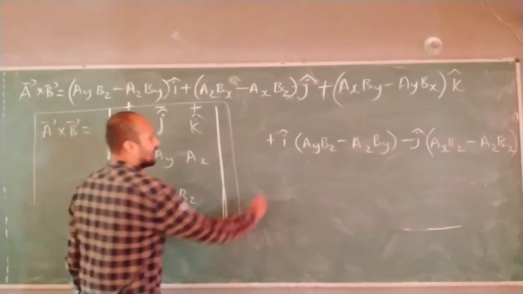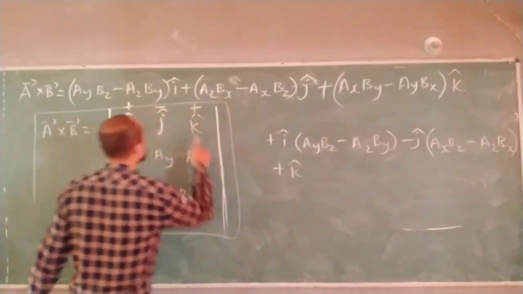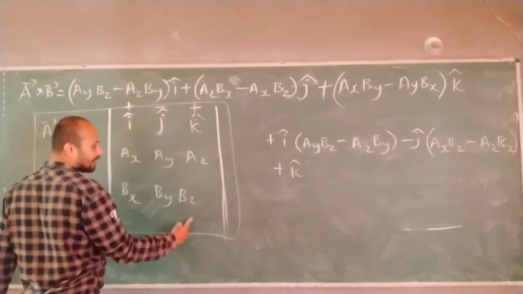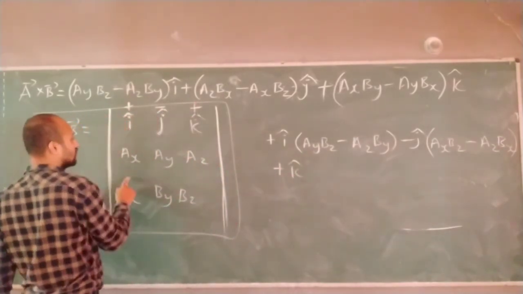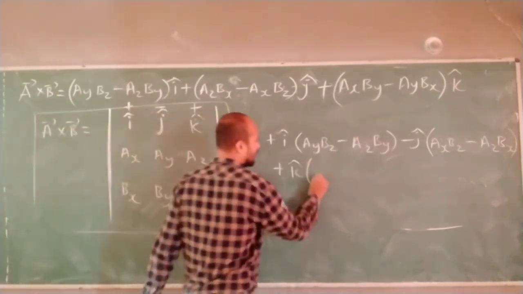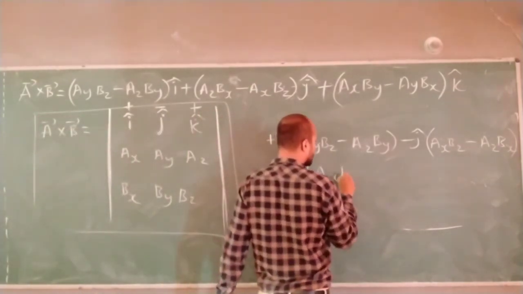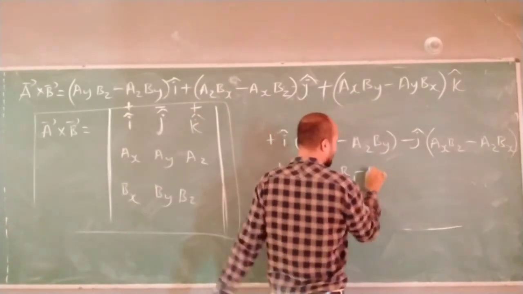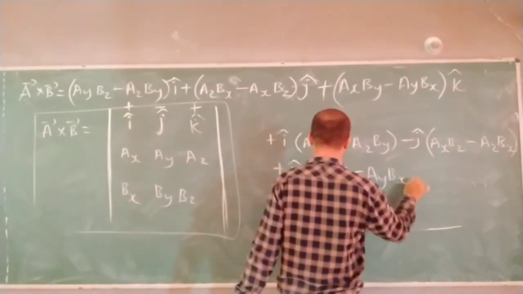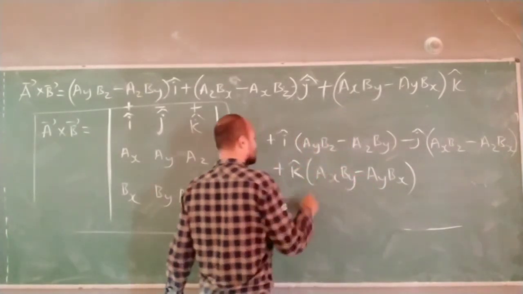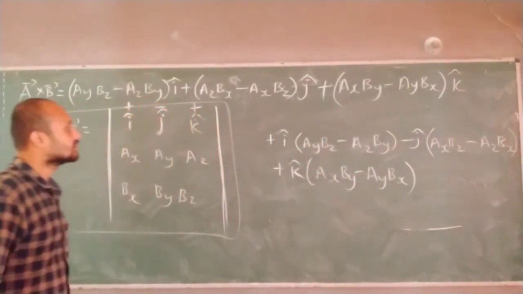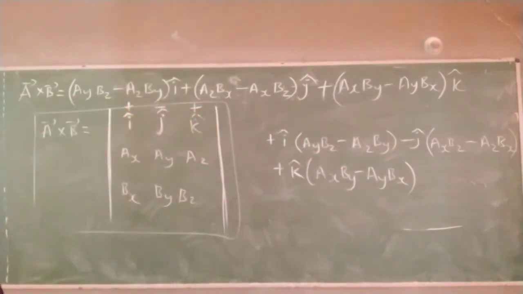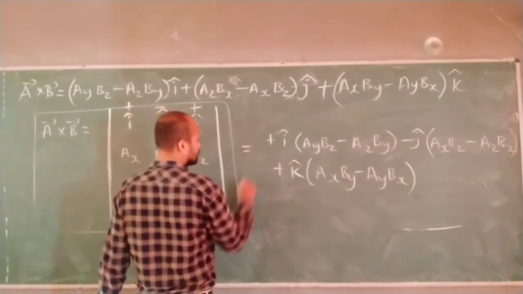Then plus k cap. I have taken plus k cap. Forget about this column, forget about this row. ax into by minus ay into bx. This is k cap. Got it, no? If you rearrange this,